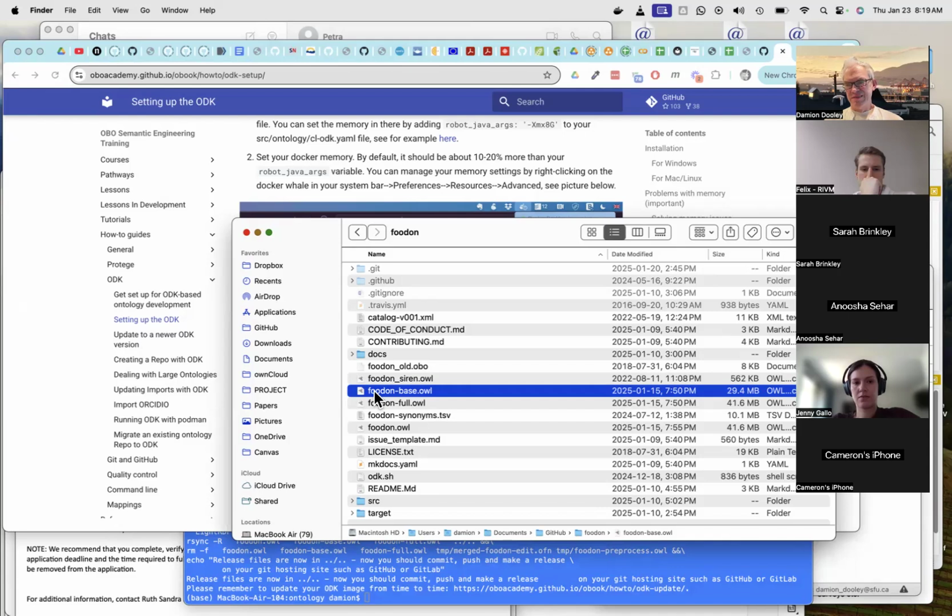And that's used in some other projects in the OBO Foundry, and therefore they're very particular about the way this is created. So as of last week, we now have a valid, good version of this FoodOn base. These three files, you can see their dates are all the same, are produced when